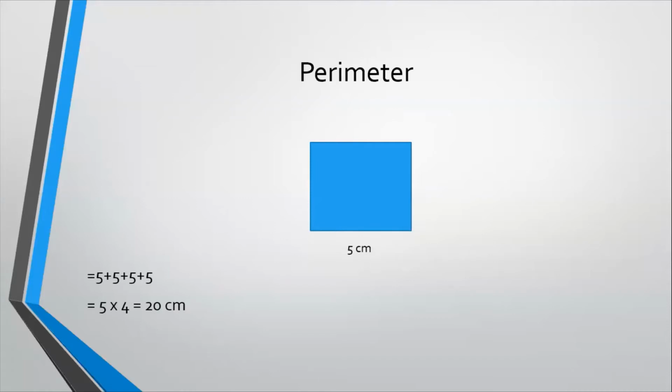So always remember, whenever only one length is given in a question, say I ask you to find out the perimeter of a shape which has a length of one side 5 centimeter, and the lengths of the other sides are not given, it means the shape is a square, because a square is the shape which has all 4 sides equal. So I will give you the question like this. You have to be clear in your mind that if somebody is asking you to find the perimeter and only one length is given, always keep in mind that the shape is a square. Now I think it's clear from the example.